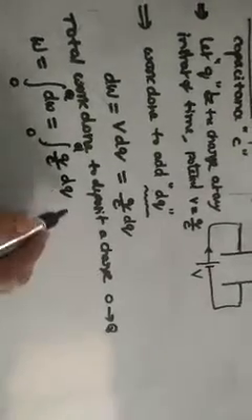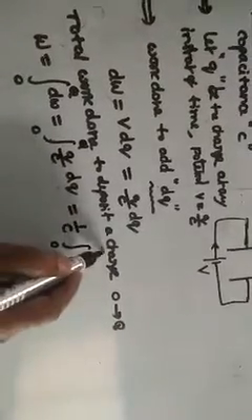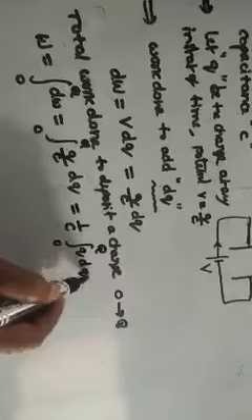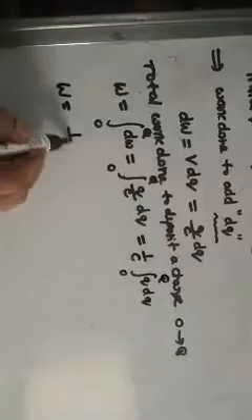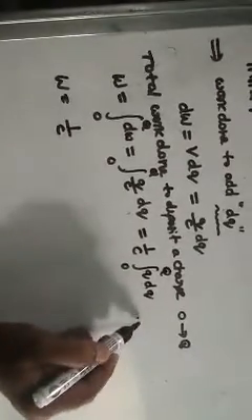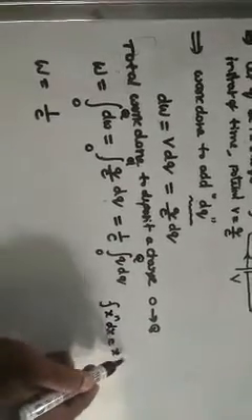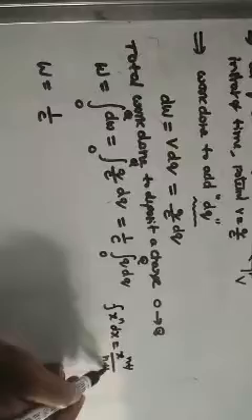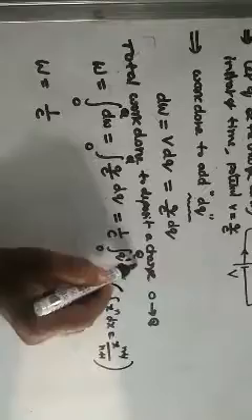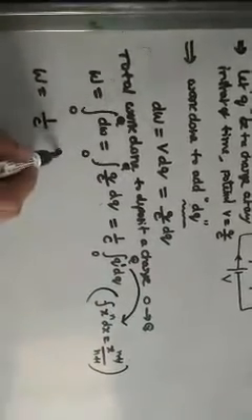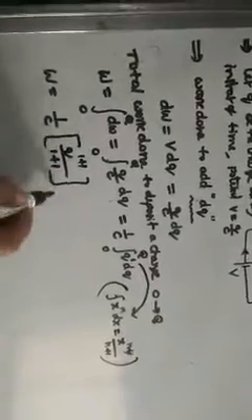See this, so integration. Listen carefully. 1 by C is constant. Integral from 0 to Q of q into dq. So do the integration like this. This is equal to 1 by C. The integration formula is: integral of x power n dx is x power n plus 1 by n plus 1. Here q means q power 1, so apply this formula. Then you will get q power 1 plus 1 by 1 plus 1, with limits from 0 to Q.